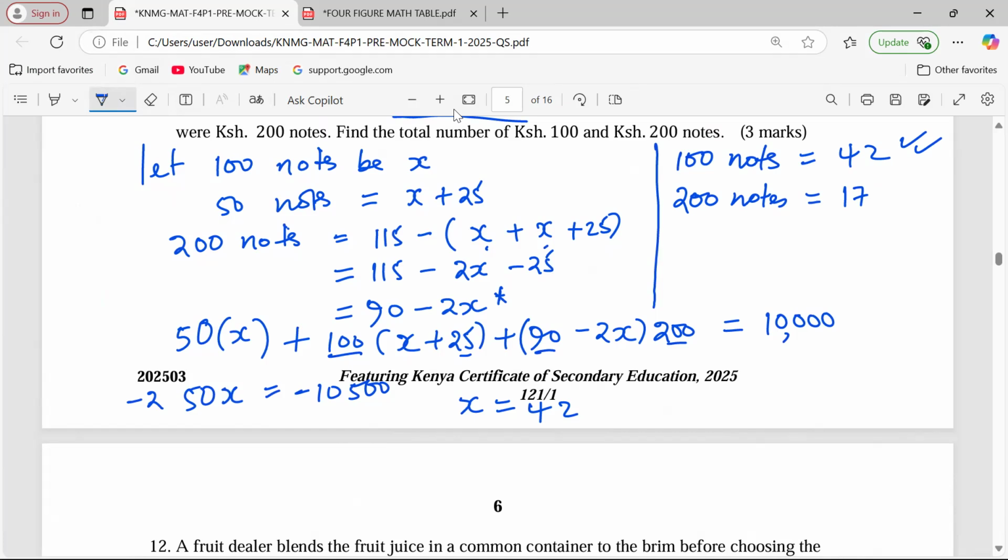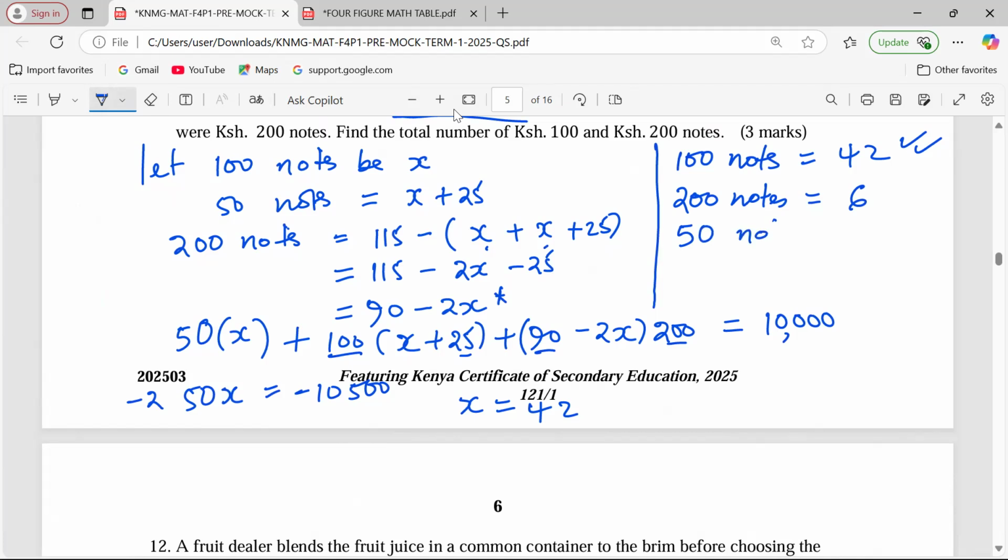And by the way, did I subtract well? Really? 90 minus, then I get a bigger value. No, I'm supposed to check that again. 90 minus 2 multiplied by 42. You see, this becomes only 6 notes. 6 notes. Then 50